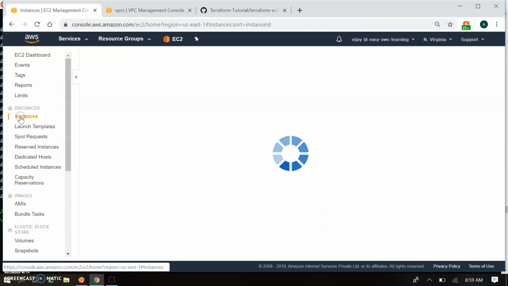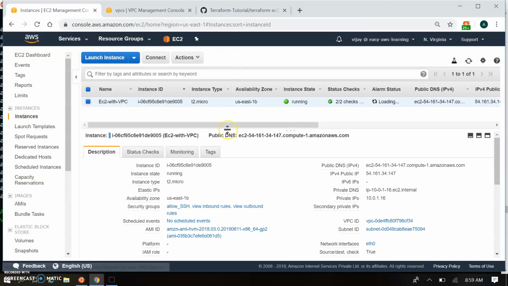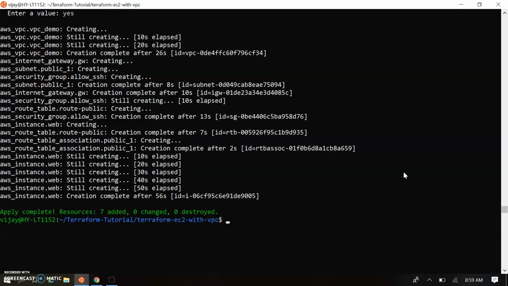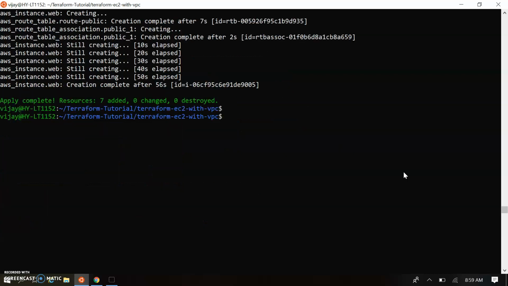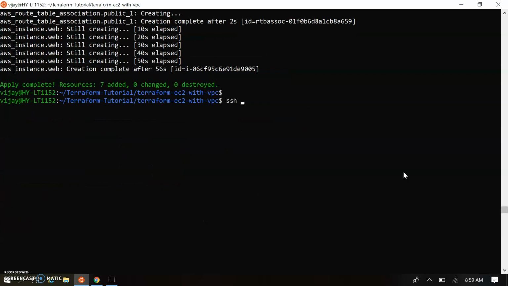So let's SSH to this instance with the public IP. It will check whether the SSH rule is working for the security group, and also whether the allow all traffic rule works. I'm doing ssh ec2-user at my public IP, passing the key, EC2 demo.